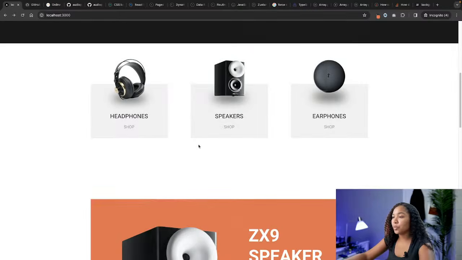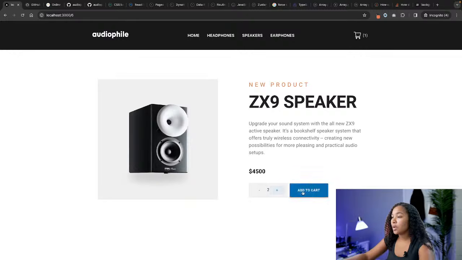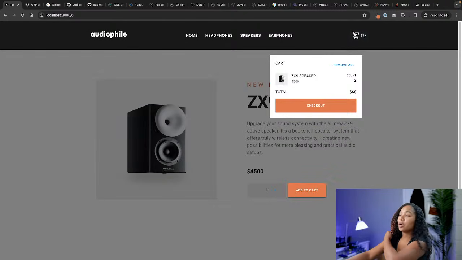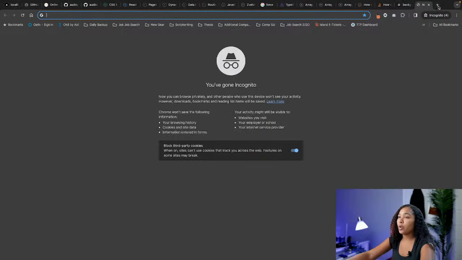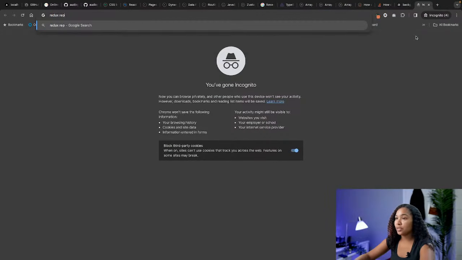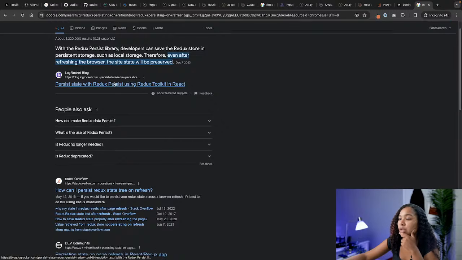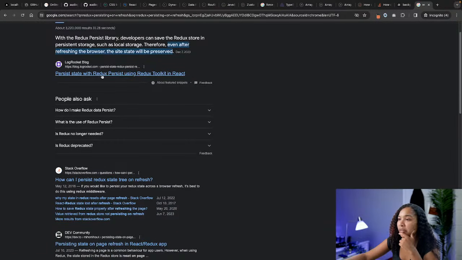Now, as I mentioned before, we'll start to see these larger bugs now because our cart is not persisting across more than one page. So that's something that we can go ahead and add in. If we take a look at Redux persisting on refresh, let me save that. We will want to make sure that we actually use local storage or something like that in order to